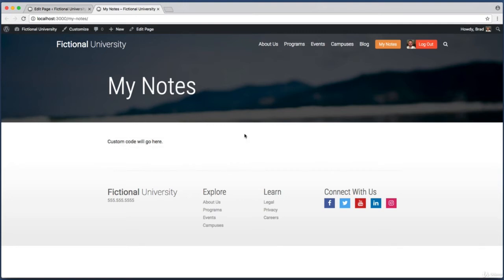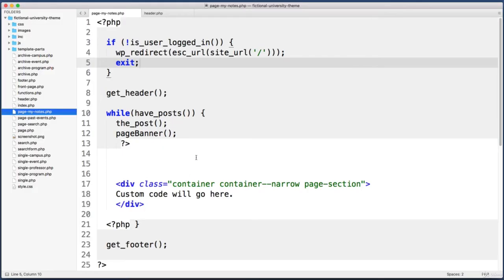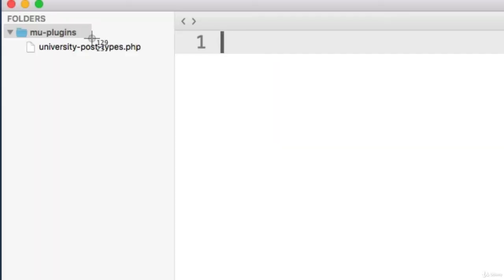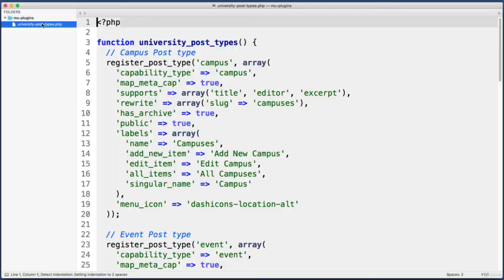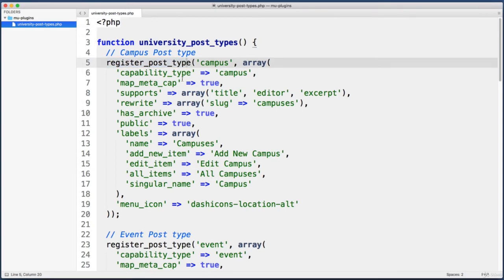Well, we want to save them into the WordPress database, so why don't we just create a new custom post type and name it Note? So we've been through this before. We know exactly how to create a new custom post type. Jump over to your text editor, and instead of your theme folder, look within your must use or MU plugins folder, and within this file, where we've registered all of our other custom post types,